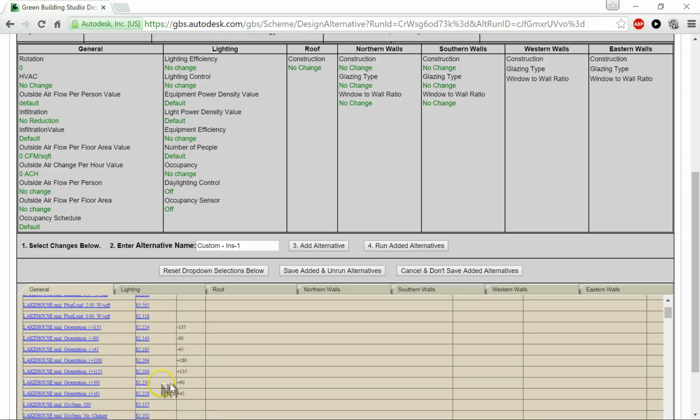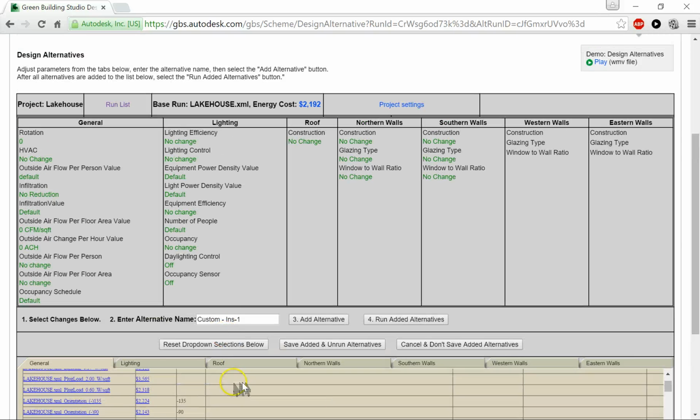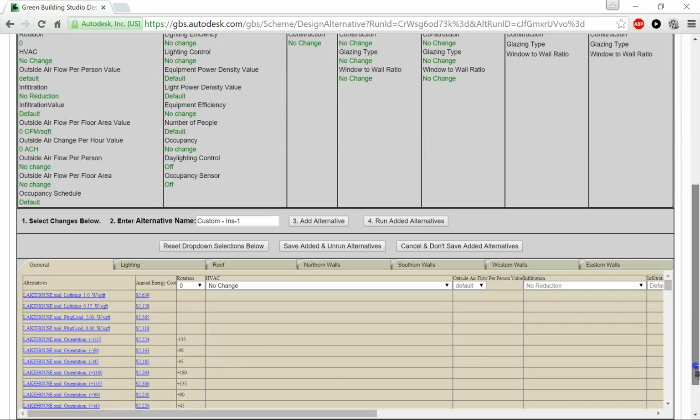So it's something if you're doing it early on, and if you actually have the ability to rotate your building on site, you can evaluate that, but chances are you put your windows where you put your windows for a reason, and you can't just spin your building. You can also change the HVAC units here